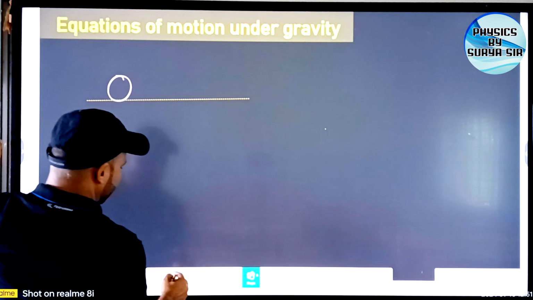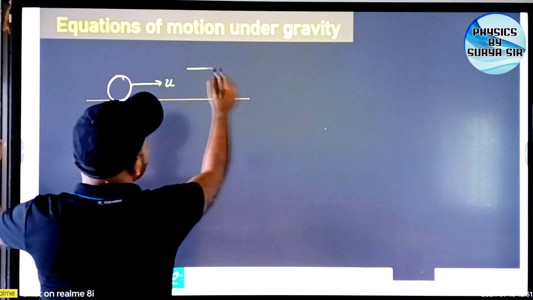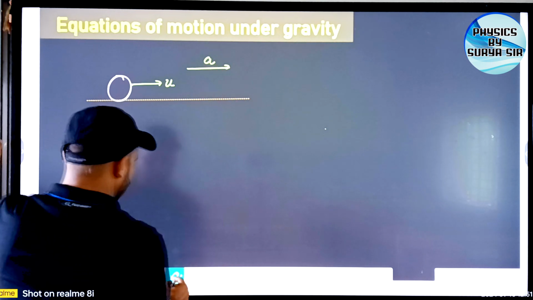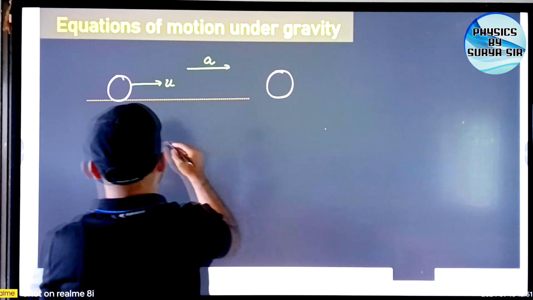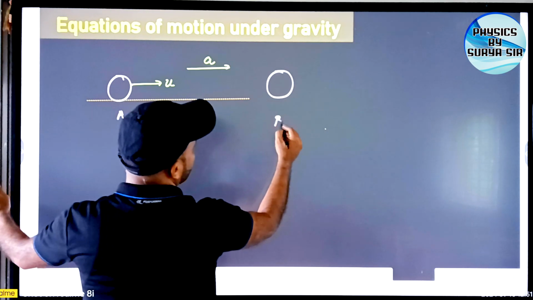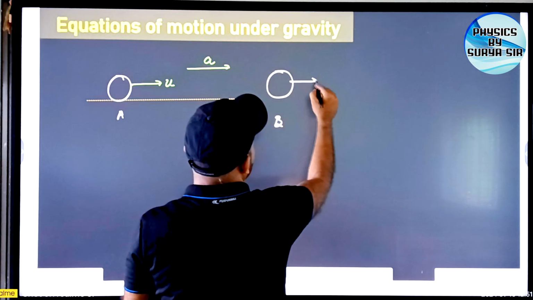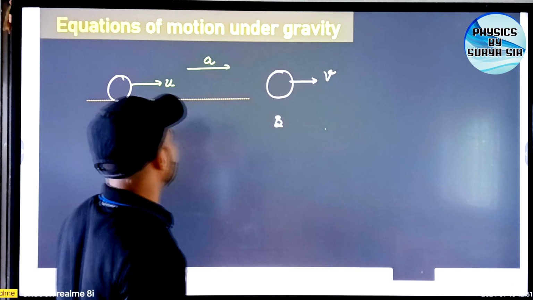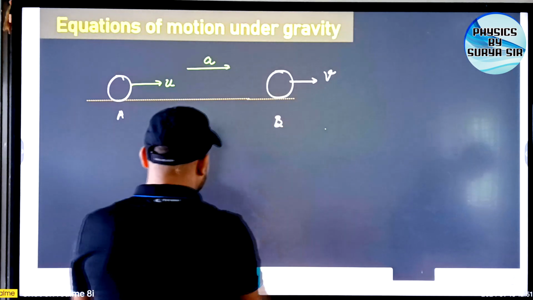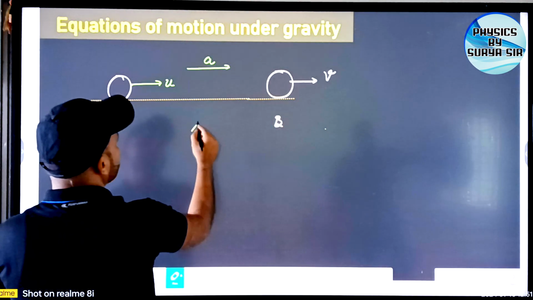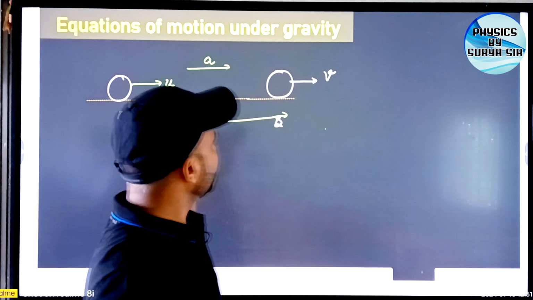It is moving with a uniform acceleration. Suppose its initial velocity is u, and it is moving with a uniform acceleration a, and it moves up to time t seconds, and after t seconds, suppose its initial position is A and the final position is B, and when it is at its final position, its final velocity becomes v, and during this, its displacement is s. Okay, so there are 5 parameters: initial velocity, final velocity,